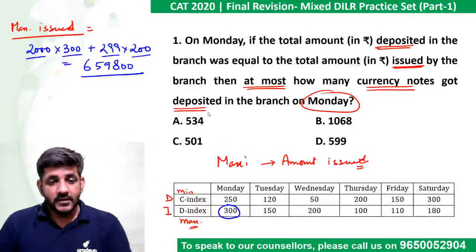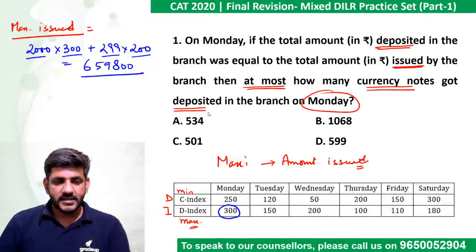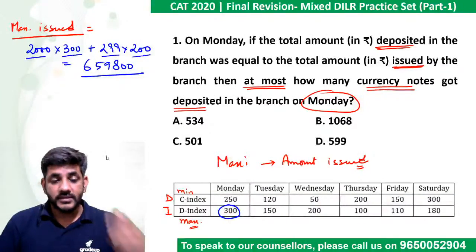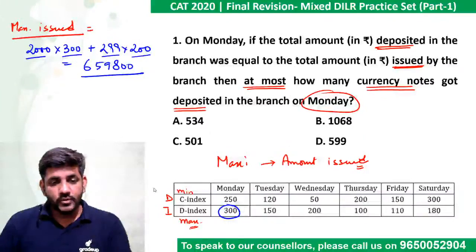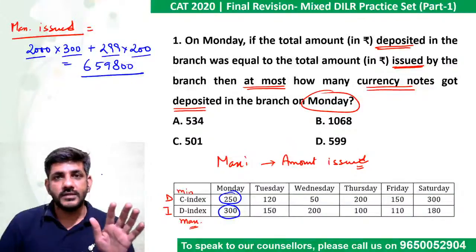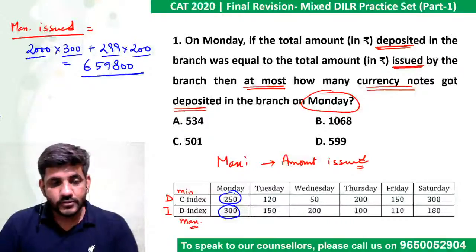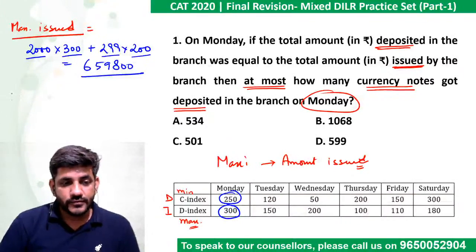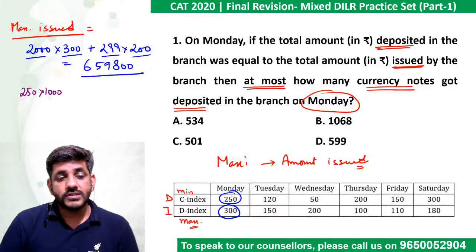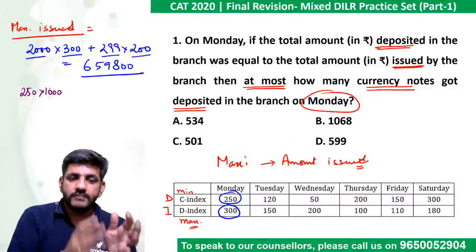Okay, great. So now we want to maximize the number of currency notes which are deposited. Now the question says that for whatever we have deposited, the minima is 250, right? Minima is 250, and we want to maximize the number of notes. So what will I do? I will assume that these 250 notes are of 1000, because the bigger the currency, the number of notes would be lesser. So we would try that these